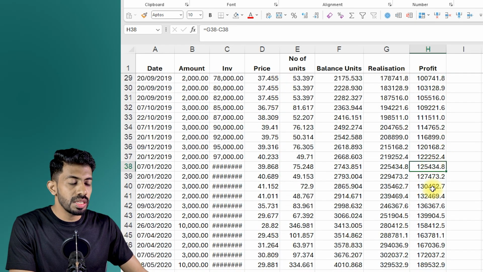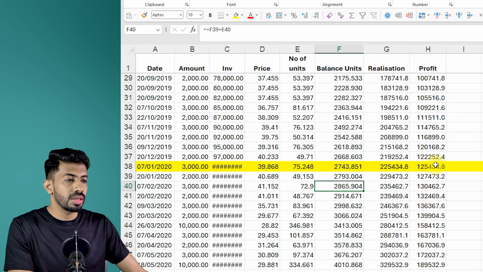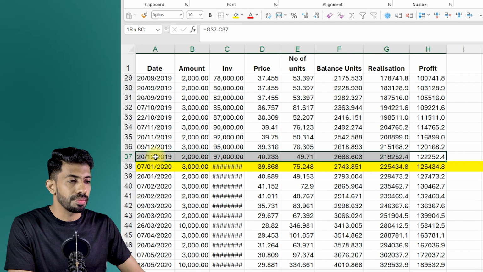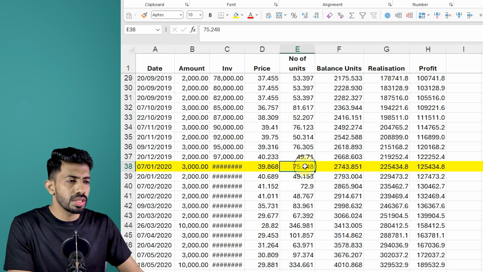So if I sell all these units that I bought till Jan 2020, I will be able to make 1,25,434. So the excess 434 can get taxed. So I'm not going to sell all of this. I will sell everything till here. But what I can do is in Jan 2020, I have purchased 75 units. I can sell a portion of these units as well to stay below 1,25,000.